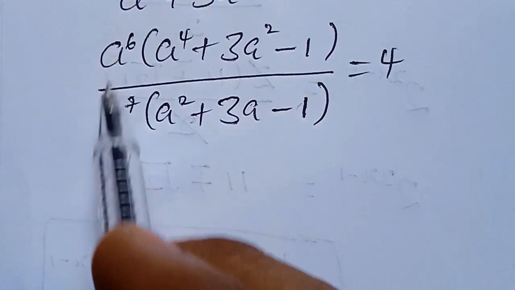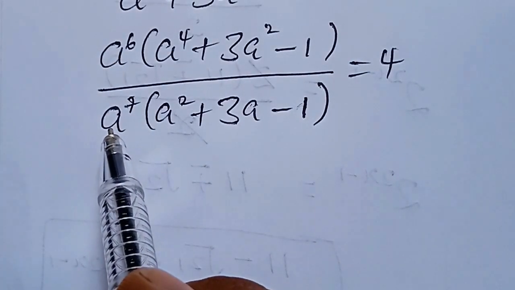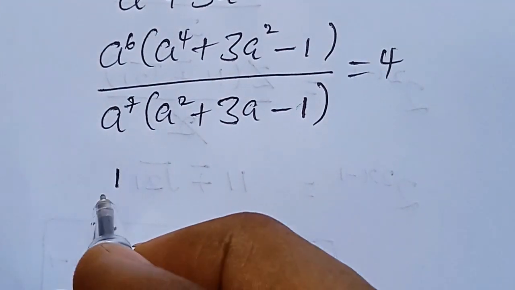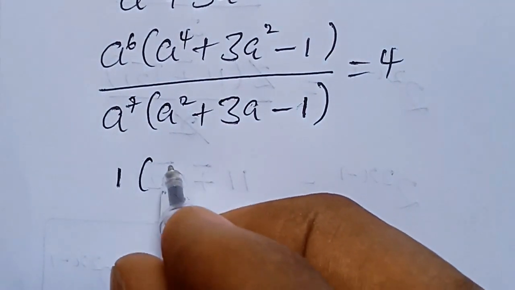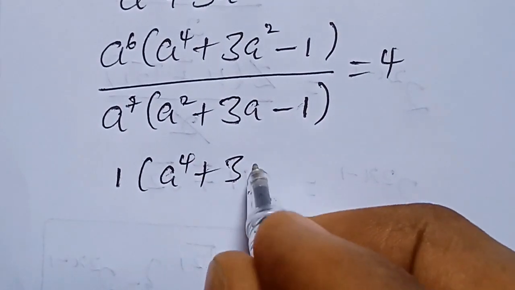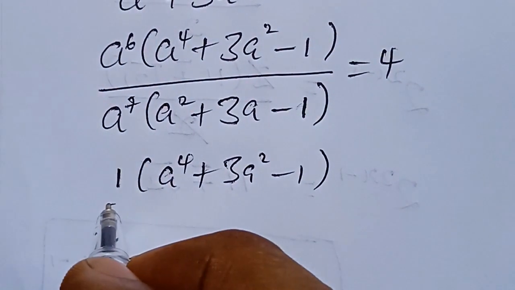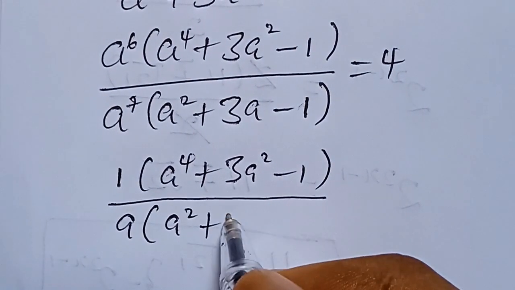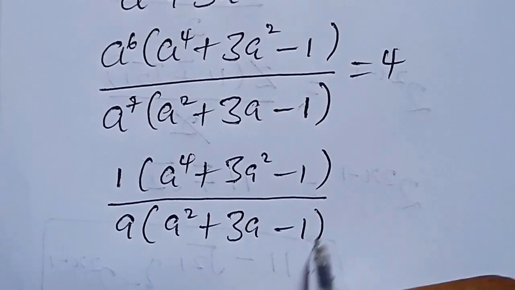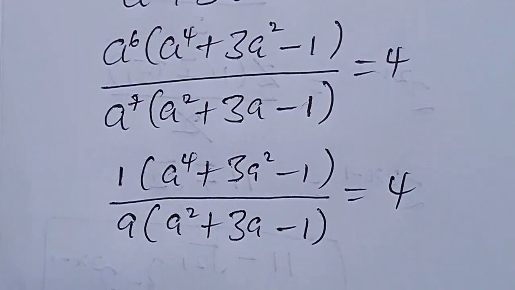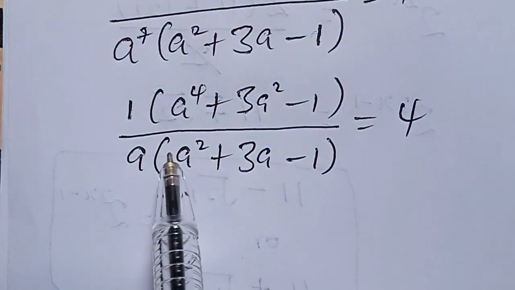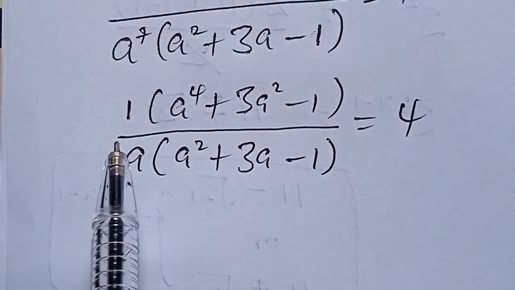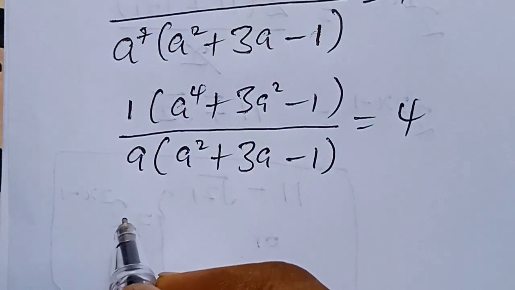So simplifying this part, a to the power of 6 and a to the power of 7. That gives us 1 into bracket a to the power of 4 plus 3a to the power of 2 minus 1, close the bracket, over a into bracket a to the power of 2 plus 3a minus 1 equal to 4. So what we do now is multiply what we have at the denominator on both sides. So our next step becomes